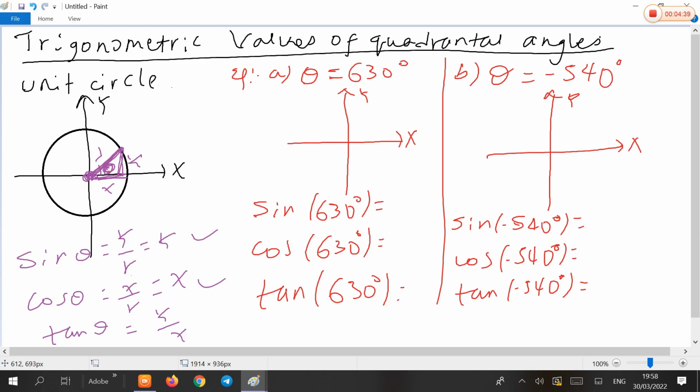ኳድራንታል አንግሉ ተርሚናል ሳይዱ ፖዚቲቭ ኤክስ አክሲስ ከሆነ so that እዚህ ጋር ያለው ቫልዩ (1, 0) ስለዚህ እዚህ ጋር ያለው አንግሎች በሙሉ ሳይናቸው 0 ነው ኮሳይናቸው 1 ነው። ኔክስት ተርሚናል ሳይዳቸው ፖዚቲቭ y አክሲስ ከሆነ የኤክስ ዋጋ 0 ነው የy ዋጋ 1 ነው so that ሬዲየሱ 1 ስለሆነ እዚህ ጋር ያለው አንግሎች ደግሞ በሙሉ ሳይናቸው 1 ነው ኮሳይናቸው 0። if the terminal side is the negative x-axis ከሆነ ደግሞ (-1, 0) so that angles in which their terminal side is the negative x-axis ከሆነ ሳይናቸው 0 እና ኮሳይናቸው ኔጌቲቭ 1 ነው። finally if the terminal side of the angles is negative y-axis ከሆነ ደግሞ (0, -1)። so that the three trigonometric values የመጀመሪያዎቹ በቀላሉ ማግኘት እንችላለን።